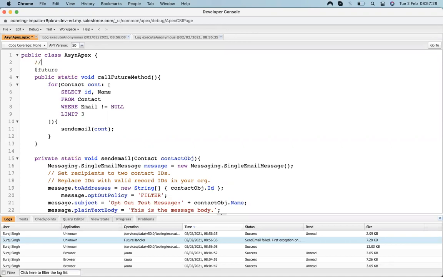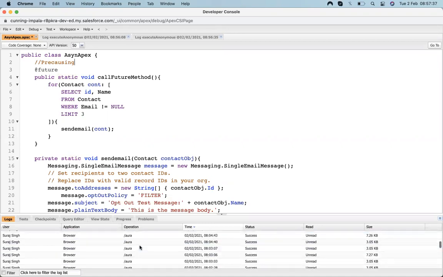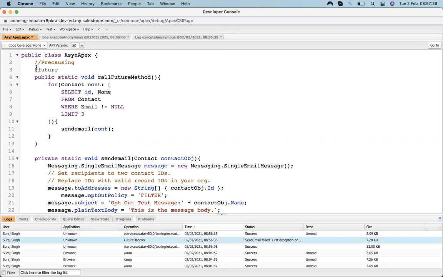Suraj, I didn't get what is the difference when you write future? Didn't both of them send the emails? No. Both of them will not send them. One is just executed and wrapped up, but with the future handler, you can see there is one more thing. It's called the future handler is running.